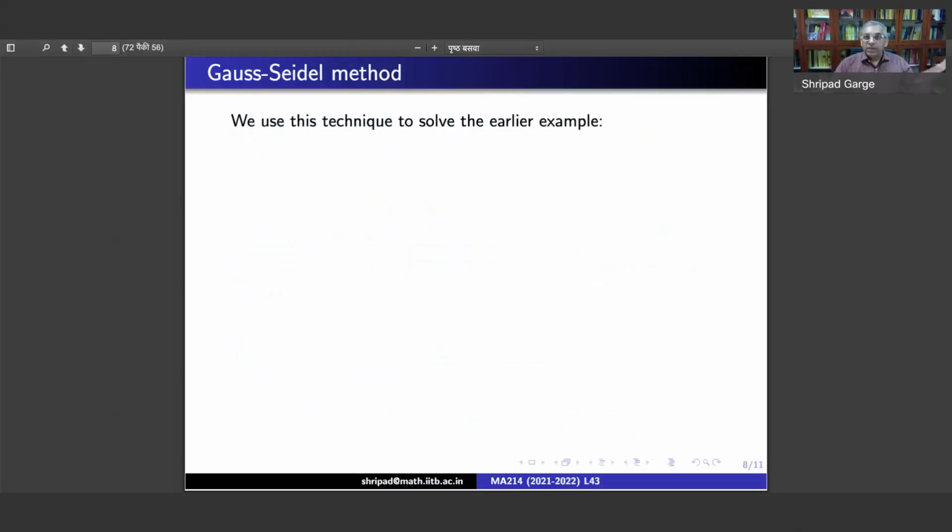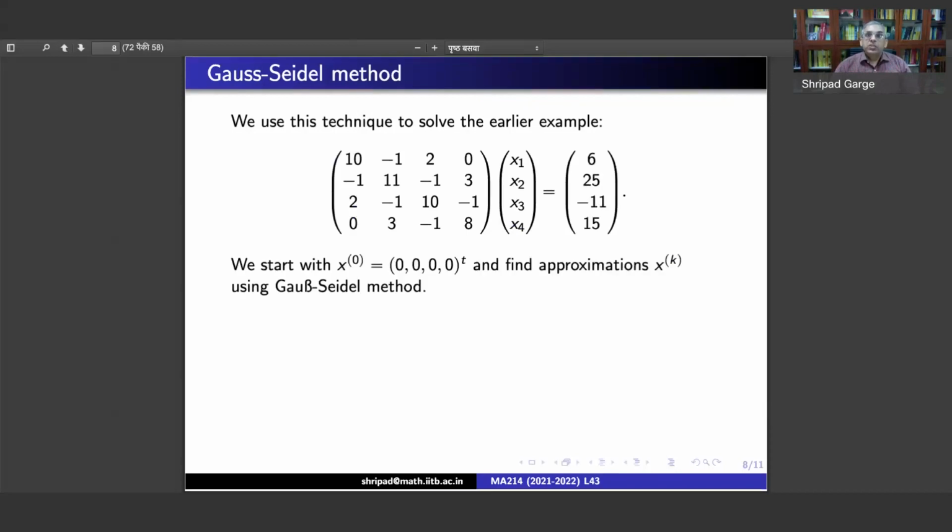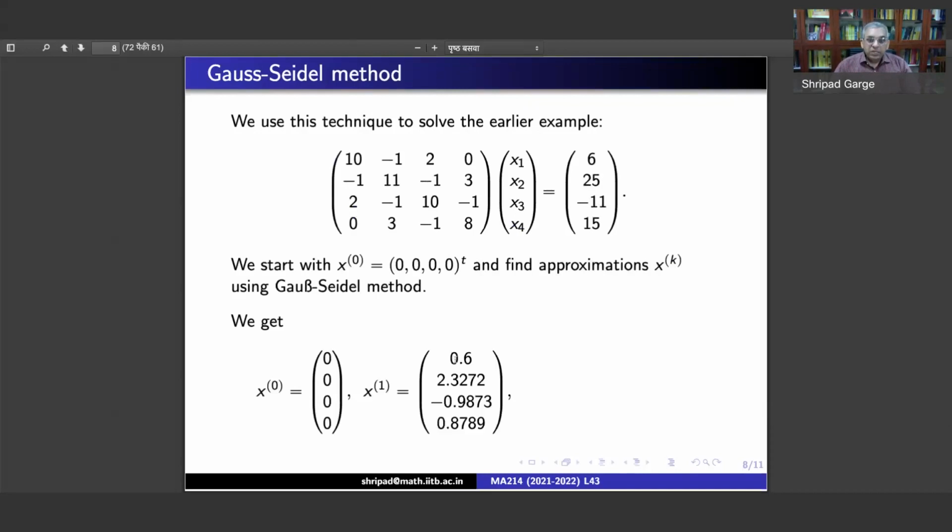So suppose we use our earlier example and we solve the earlier system by the Gauss-Seidel method. Let's see if we can improve. This was our earlier example with the strictly diagonally dominant matrix. Again we start with 0, 0, 0, 0, and now we want to find approximations for xk using the Gauss-Seidel method. The zeroth approximation is anyway 0. In the first approximation, you will notice that x1 is the same because you are going to use all 4 components of the zeroth approximation. But the second one already is an improvement,